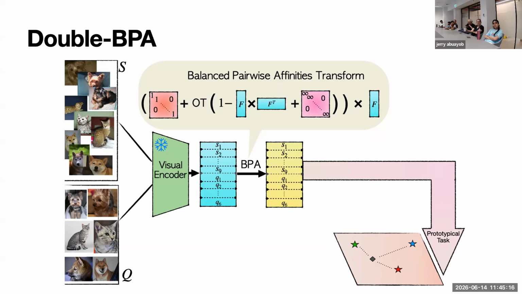We pass them through the transform, which is a non-learnable transform, to change the representation. For now, we can think of the BPA transform as a clustering method, which compares the features one to another and gives me a stronger, more clustered representation. We start by computing the pairwise distances of these features. I don't have the laser, but let's say